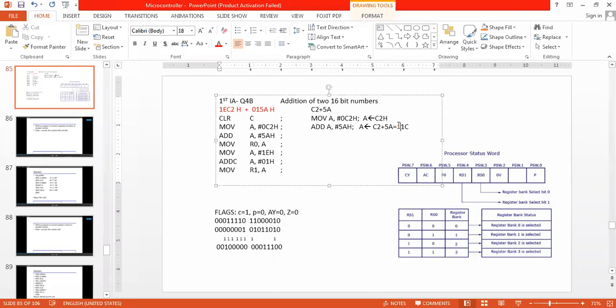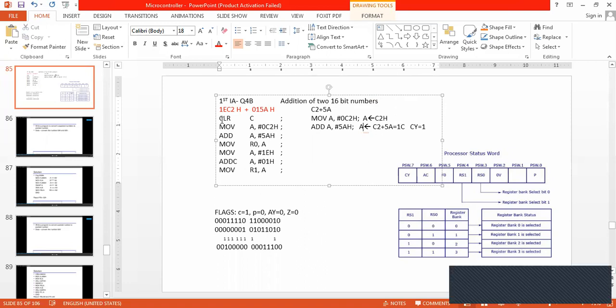So the result is 1C, which is loaded into A, and this single 1 is copied into the carry flag, Cy equals 1. Understood? This is a single 8-bit addition. If you understood this, then I will go for the addition of two 16-bit numbers.